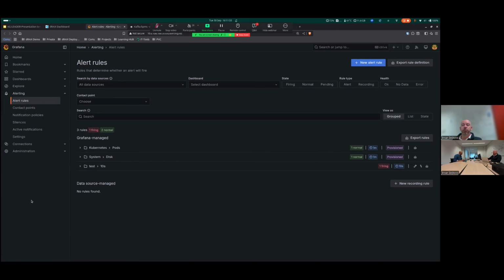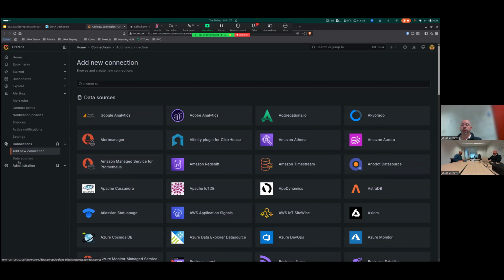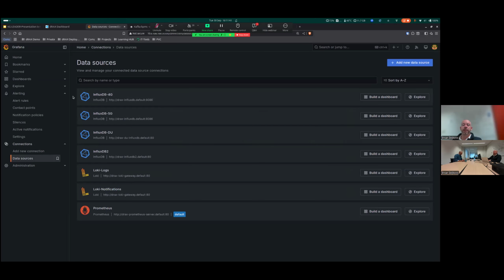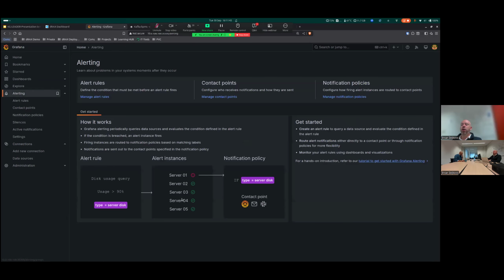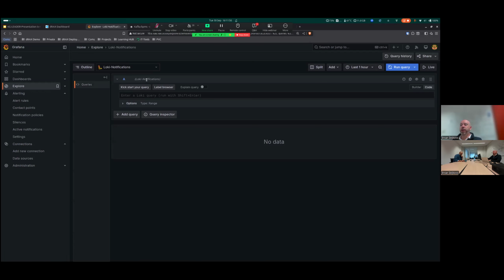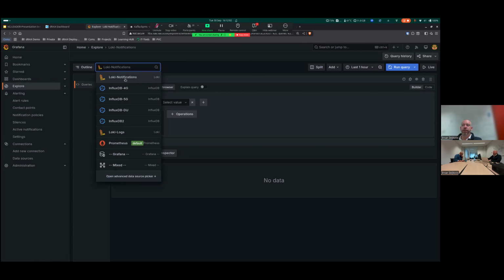And since this Grafana already comes with all the different data sources that we have in the RIC, so all these different databases that are associated with the RIC, you can basically create alerting rules based on any of that data that's available. So including these events, for example. If I click here on the Explore button, you see we have a database which is used for the notifications or for the events.